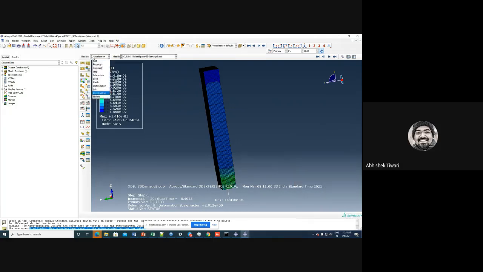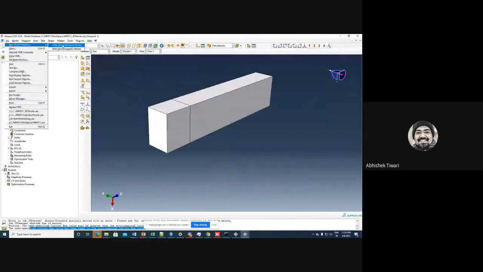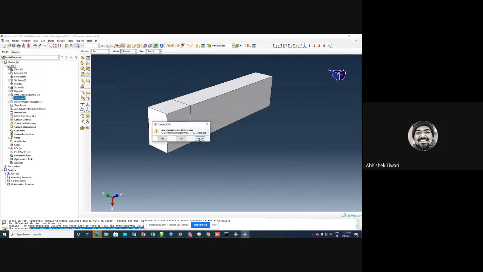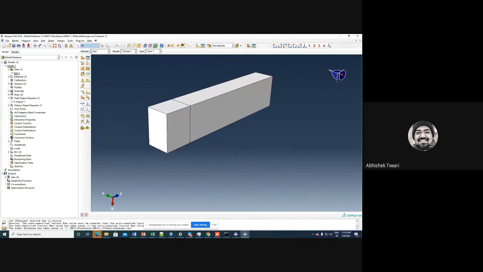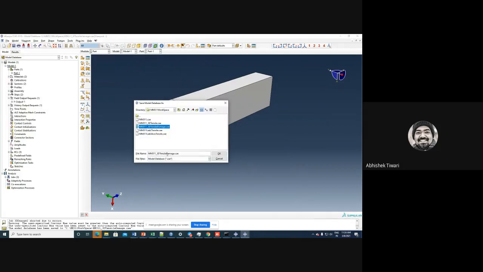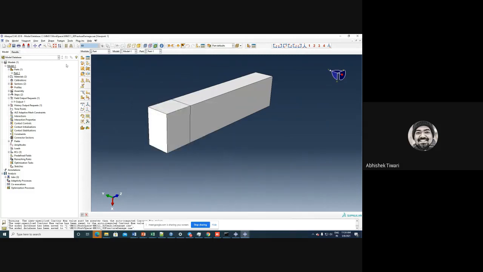So now let us go to modeling fracture. We will do it a little faster because it is known. Damage is already defined here, so I save as 3D tensile damage, and now save it as 3D fracture.